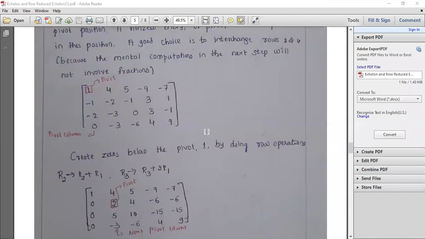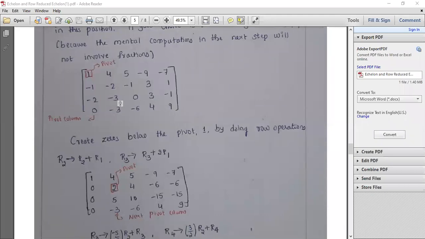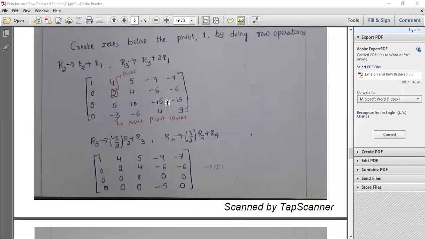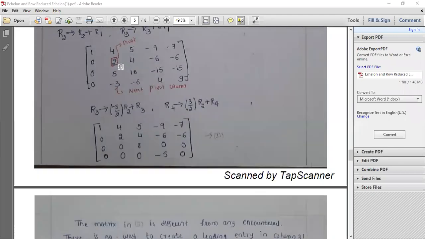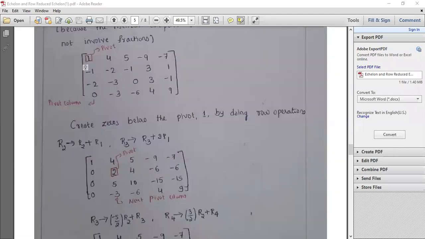It is simple, we're reducing it. Ma'am, pivot can be any column? Yes, pivot column means where the pivot elements are there. Any column is not important. This is the pivot element, so this is the pivot column. The pivot column is that column which includes the pivot element. Pivot element is nothing but the leading element. Yes, the pivot element is nothing but the leading element. Okay, ma'am.